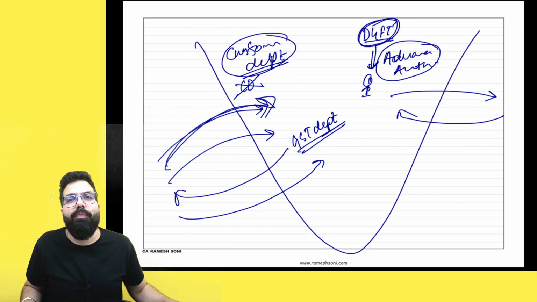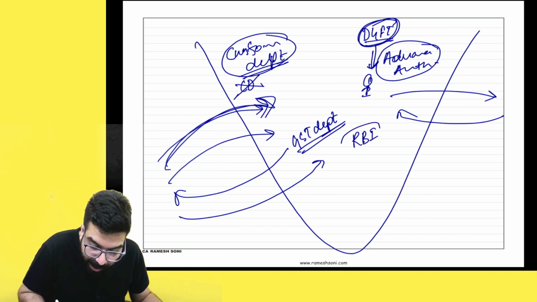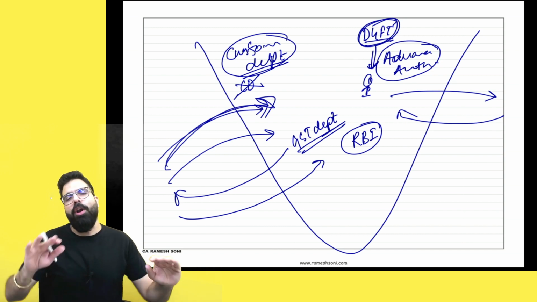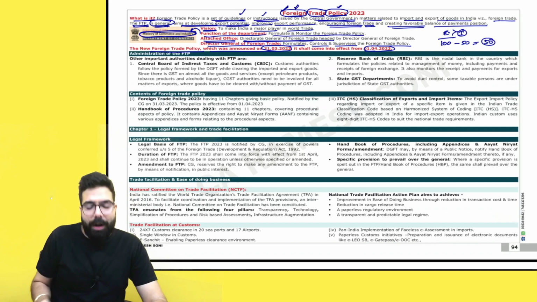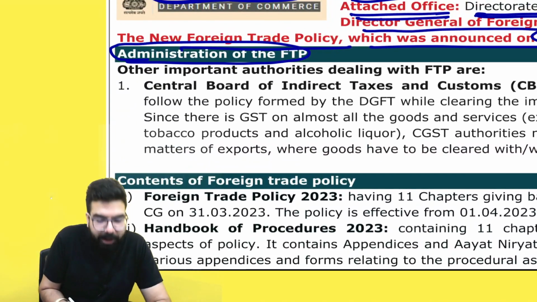Sir, I will earn foreign currency. Whether I got foreign currency or not, RBI also will be involved over here. RBI will monitor whether Ramesh has actually got the foreign currency or not. So the various other people who work along with the DGFT, basically administration of the foreign trade policy, the DGFT